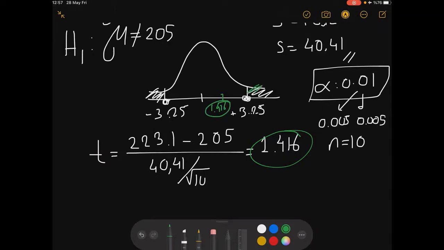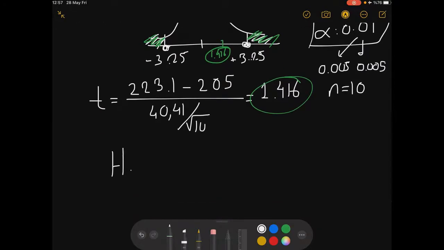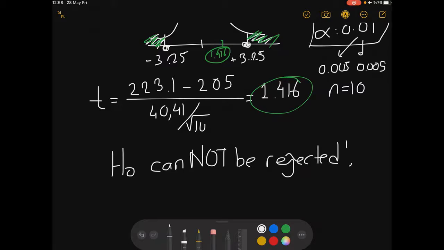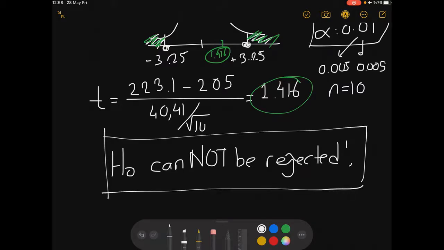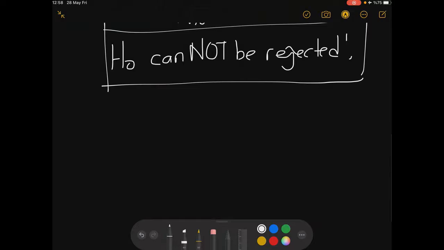Can you reject H0 here? Are you lying right here? No, no. So your answer should be H0 cannot be rejected, and that's your answer, and that's enough. So they're not different. I mean, their weights are not different from, in other words, 205 grams. And so if you want to calculate the 95% confidence interval for